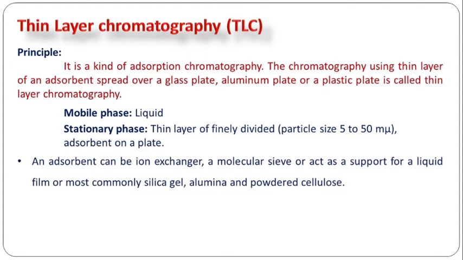An adsorbent can be an ion exchanger, a molecular sieve, or act as a support for a liquid film, or most commonly silica gel, alumina powder, cellulose. So these are the types of solid materials which act as the thin layer. In that case, TLC acts as a partition type of chromatography, while most commonly silica gel, alumina and powdered cellulose can be used as the solid